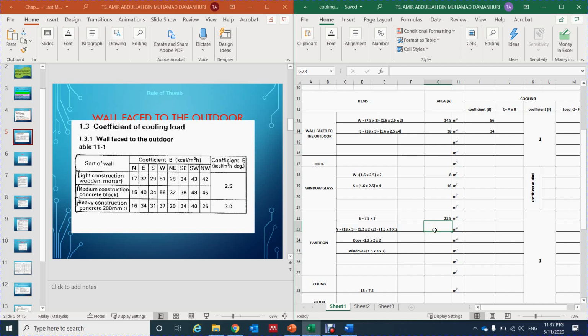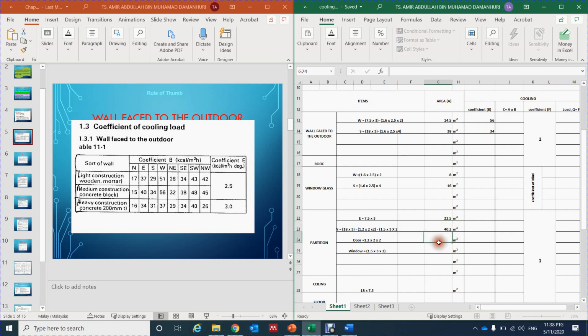So now here, a little bit more complex. 18 times 3 is equal to 54. We have to subtract 1.2 times 2 times 2, which is equal to 4.8, and then the other one, 1.5 times 3 times 2, is equal to 9. So 54, the previous one, minus 4.8 minus 9, so we got the value here of about